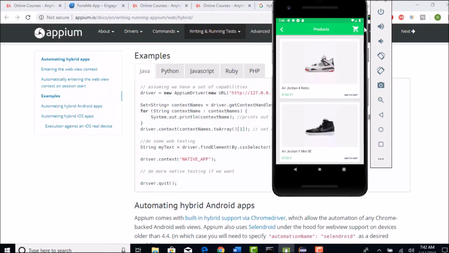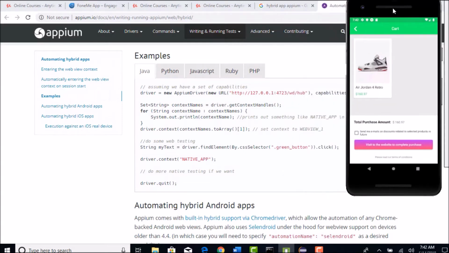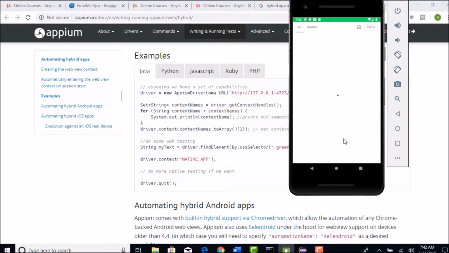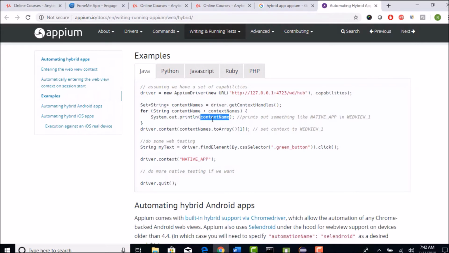So contexts are nothing but: when you are in the native, specific mobile view, this context is called the native app context, but when you move to your browser view, that context we call the web view context.